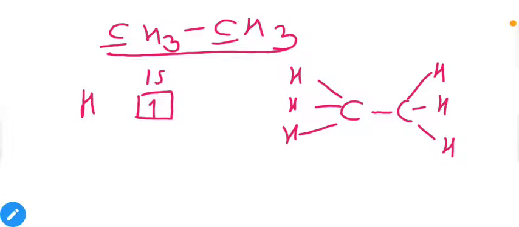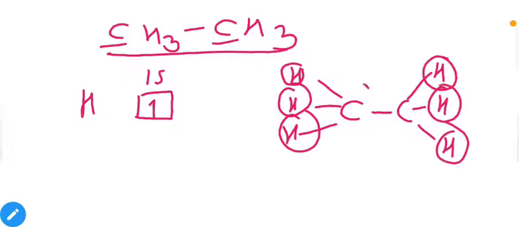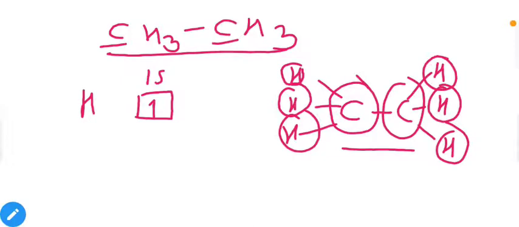So you can find the hybridization of 6 hydrogens, although all of them have the same type of hybridization, and you can find the hybridization of both of the carbons, and in this case both carbons also have the same type of hybridization. Let us concentrate on one of the hydrogens. Hydrogen has a single bond with carbon. This hydrogen is attached to carbon, and carbon will provide one electron to pair with hydrogen. And now this is the hybridization of hydrogen.